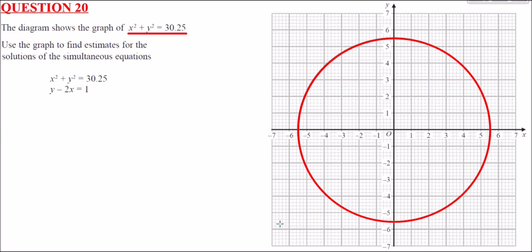Now, the next thing to think about is solving these two simultaneous equations. The solution of two simultaneous equations on a coordinate grid is the same as working out where those two lines, or a line and a curve, cross over. Where they cross over, the x coordinate and the y coordinate is a solution to that simultaneous equation. So we've drawn in the red, we need to draw in this blue line here, y minus 2x equals